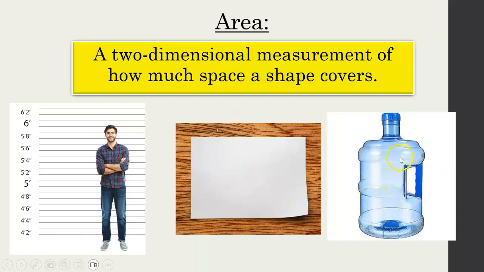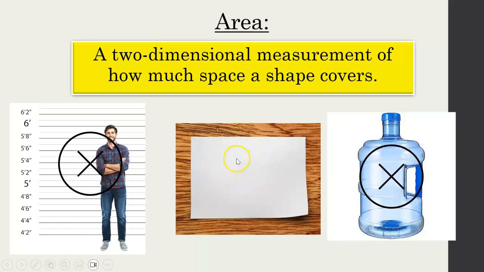Then three-dimensional, I've spoken about this before. Three-dimensional would be something like this. If we were to measure how much water would fill up this water container, well, that's in the real world. It's 3D. I'm measuring how much length, width, and also height going up. If I was to fill it with water, how much water could be put into it. So that's not 2D, that's 1D. That's also not 2D, that's 3D. So we'll be looking at flat shapes and seeing how we find the area,